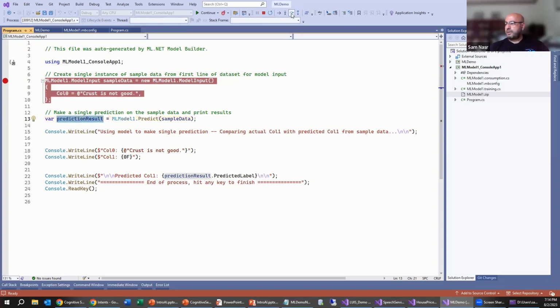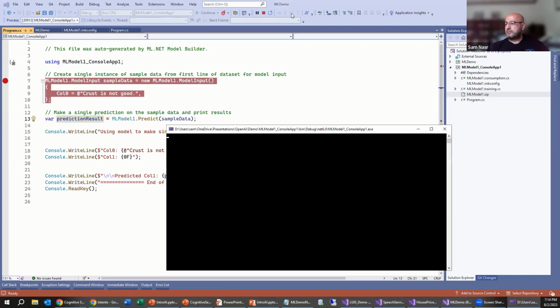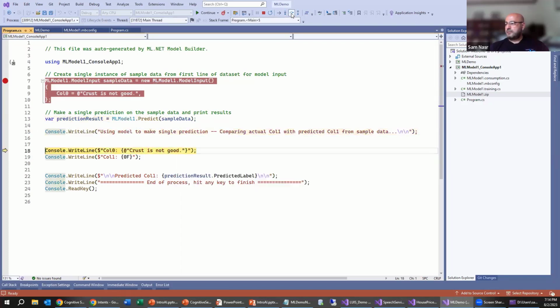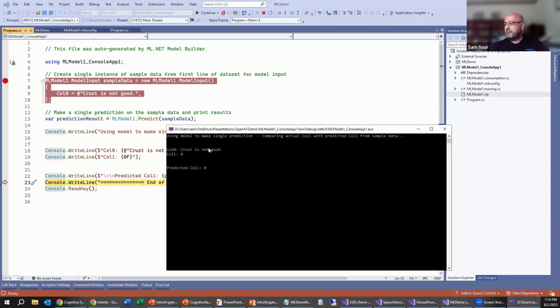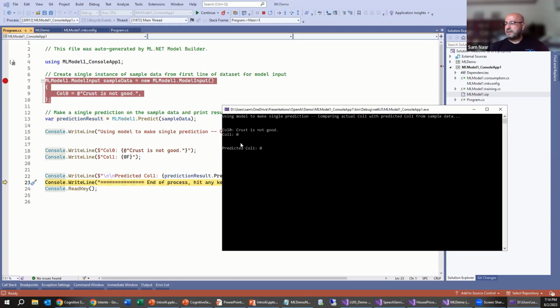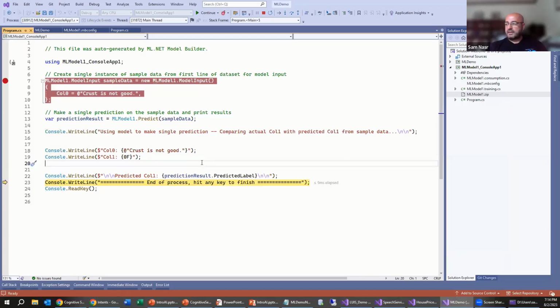And so we'll step through that. And as you see in my output, it says "crust is not good," and the result that came back was that it's negative. The predicted column, the result that came back from the prediction, is also negative. So what I did was, again, in a nutshell, I gave it data. And let me open up that file again.